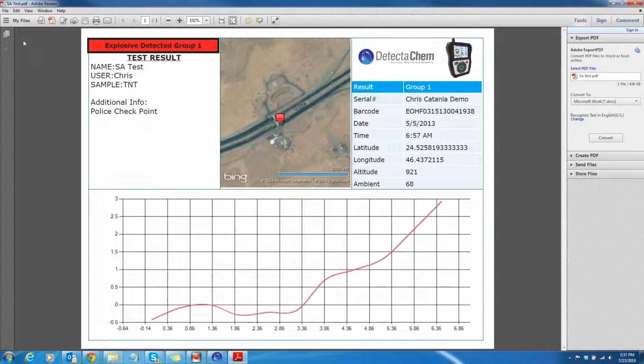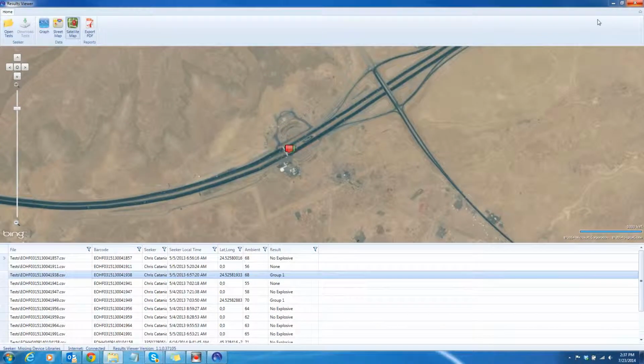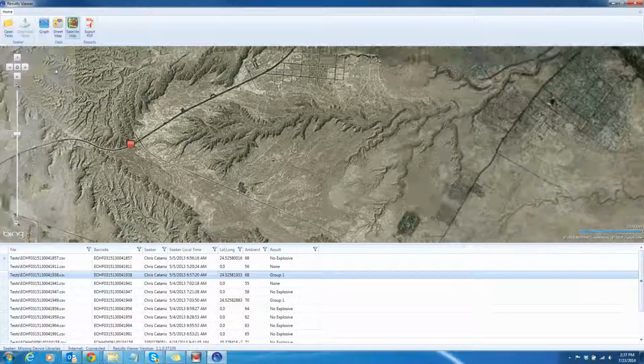So you can go ahead and print that or save it to another file or even email it. Once you're done with that, you can simply close it out. You're back to the results viewer. And